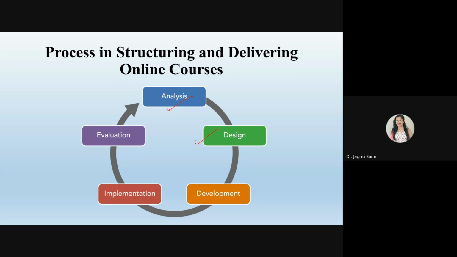You have to talk about what kind of exams and what kind of assessment procedures you will be following, and what kind of materials will be shared with the students. So every part of your course you have to design first, and then you go to the development part. In the development part, one part is about how you are designing the approach for delivery of your course. Then comes development of the content for this particular course,